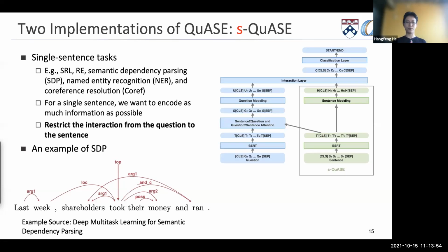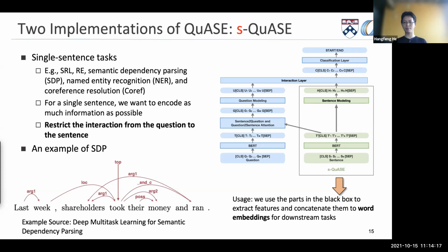Why? Because if we directly extract the sentence representations based on the sentence and then probe the sentence embeddings with multiple questions. If the sentence encoding can support various types of questions, then it means that the sentence encoding conveys a lot of information. That's the ideal goal for the standard sentence encoding. In practice, we simply use the paths in the black box to extract features and concatenate them to word embeddings